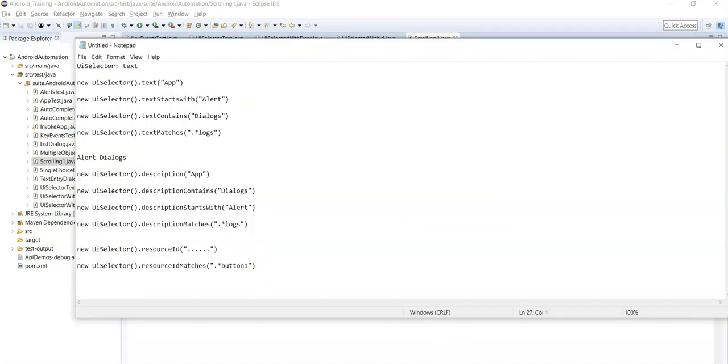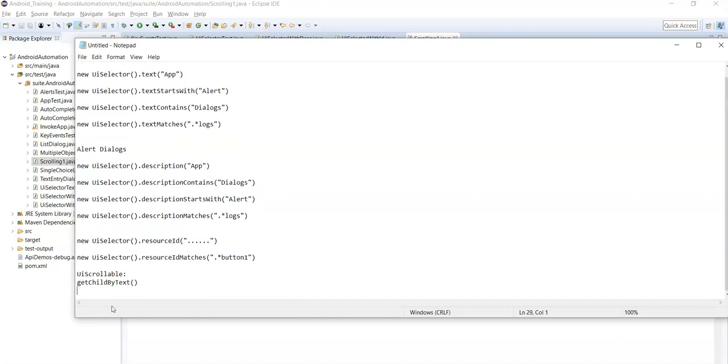Let's see first all the methods. So UI scrollable class contains three methods to perform scroll action. First one is get child by text. Second method is get child by description.